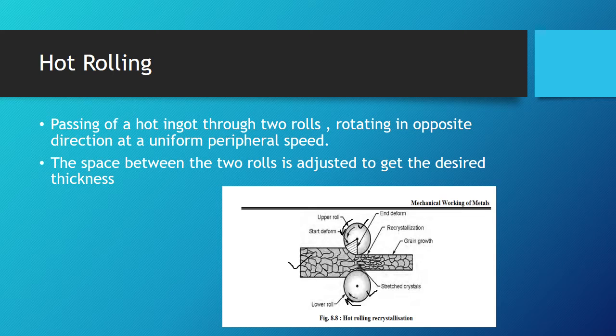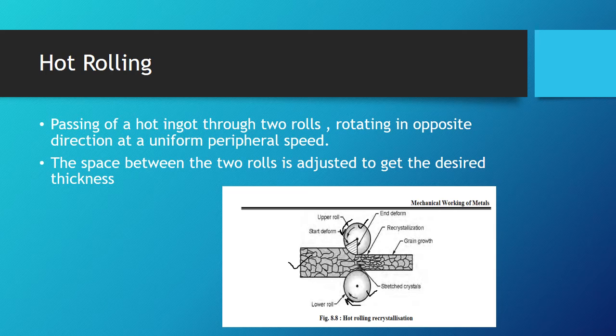The most common example of rolling you might see in real life is if you have ever drunk sugarcane juice, and seen how the manufacturer makes it. He has two rolls, and he inserts a bunch of sugarcane inside those two rolls, and the sugarcane gets crushed under the pressure generated by these two rolls. Similarly, we can crush metal with the help of rollers, and this kind of process is called rolling. Generally it is of two types.